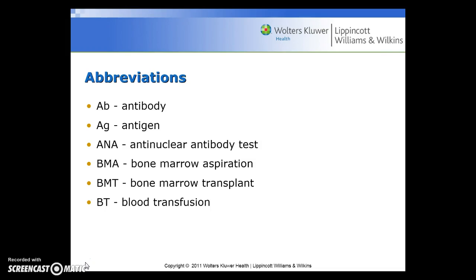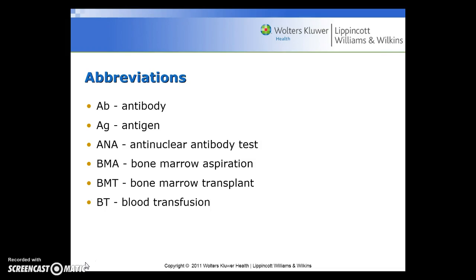When you're writing in a medical record, it's very specific, and there are regulatory bodies that monitor the use of abbreviations and medical terminology, so there are legal ramifications associated with incorrectly writing abbreviations, because as you can see here on this page, AB and AG mean two totally different things, so accuracy is of the essence. So AB for antibody, AG for antigen,